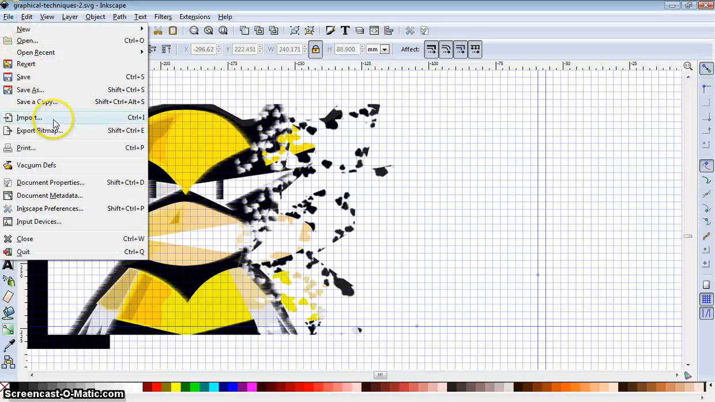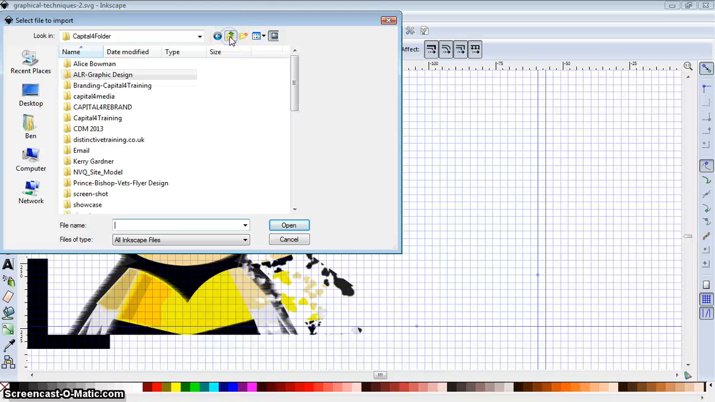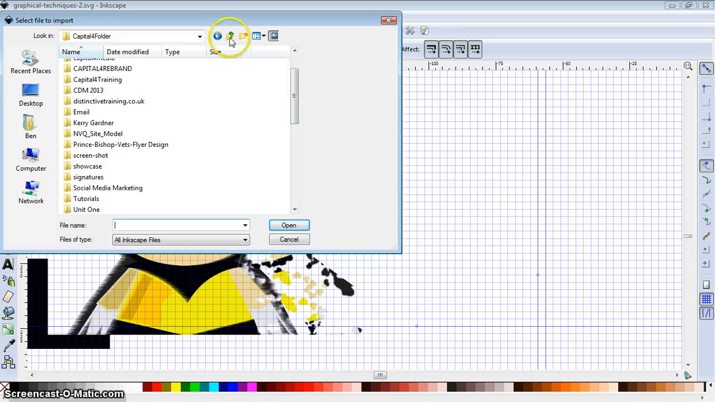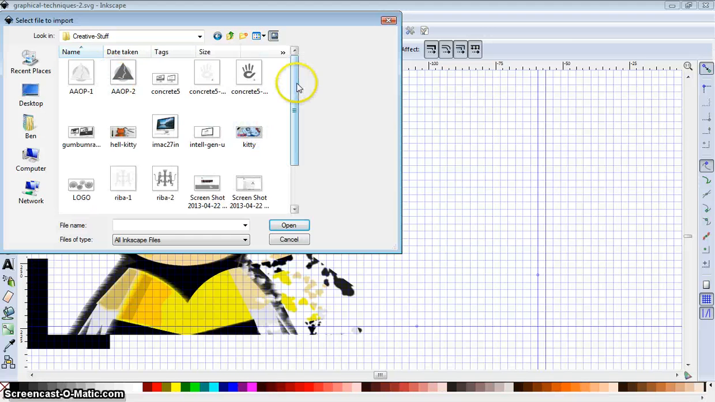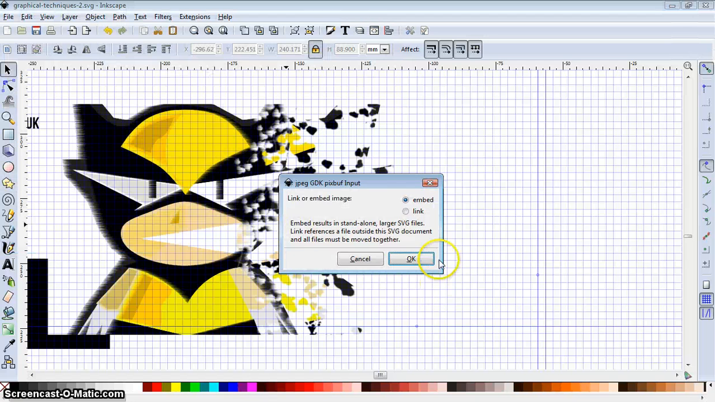So I'm just going to go to File and Import and find, say, a screenshot of a website that I've done in the past. If I go to one of my folders on my USB stick, I'm sure I've got some work in there somewhere. Creative stuff. Maybe I've got, there we go, I've got one of those. It's one of my websites that I've done. So I'll say open,